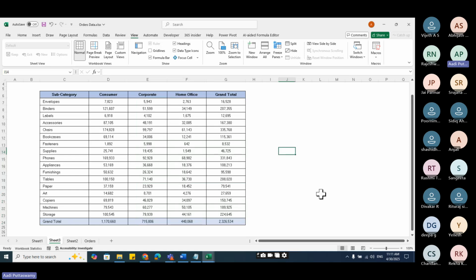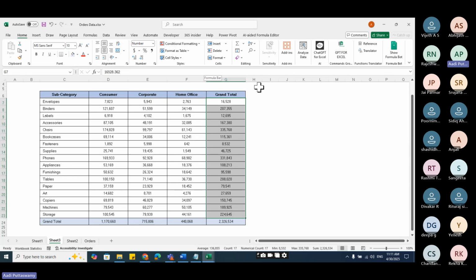Okay. Now let's say this is my report. I want to create a proper report out of it. Now let me go here. I will select this. Only this part. I don't want to see the numbers. I want to see the growth like a chart. Let's go to this home tab, conditional formatting.